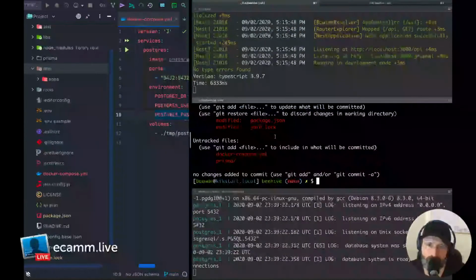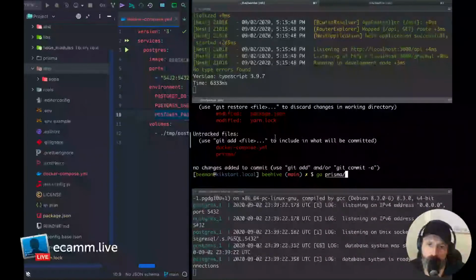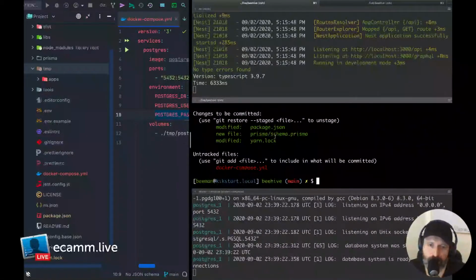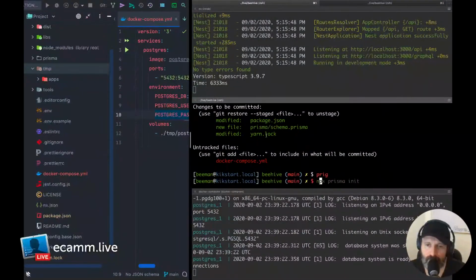Then on the Prisma side of things, if we look at our git status, we see that we have our Prisma file here, our package.json and yarn lock, and the Docker compose. So this is where we're at right now. And because we have this schema.prisma in the prisma folder, we can say npx prisma